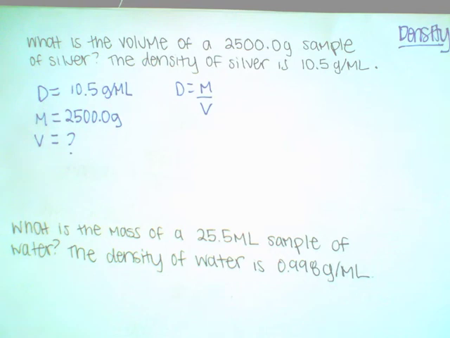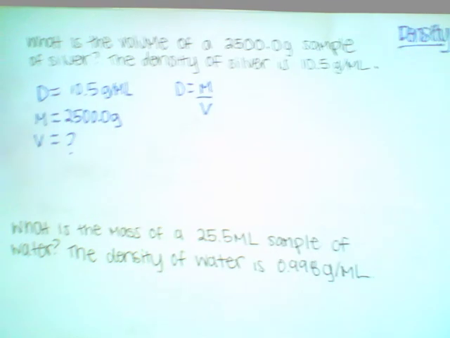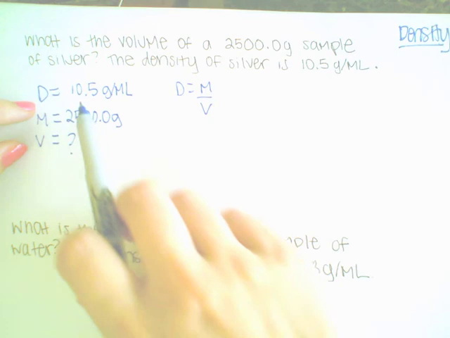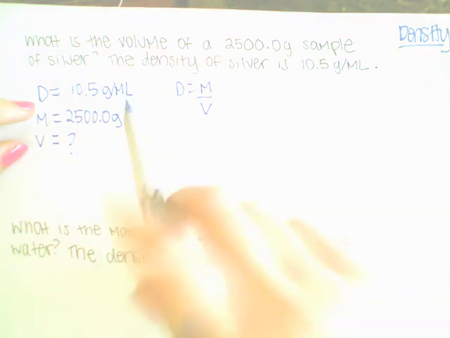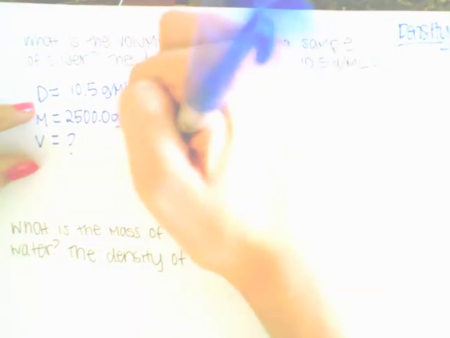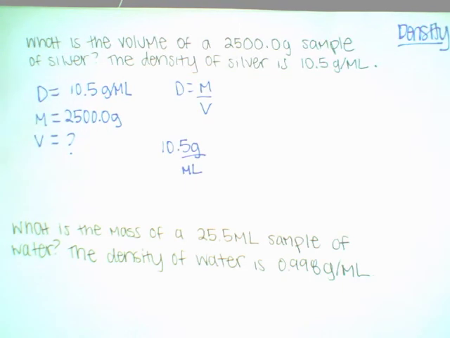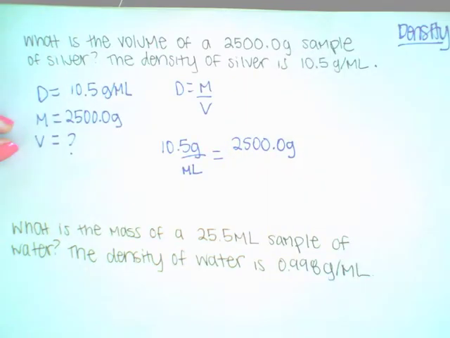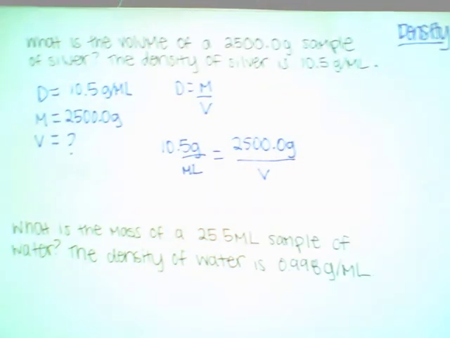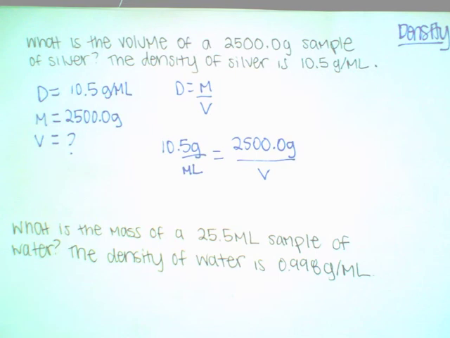So you are going to plug these values into the equation. So we know that D equals 10.5 grams per milliliter, and that is equal to the mass, 2500.0 grams, divided by the volume. Now, if you choose to not include the units in your algebra, that is okay, but